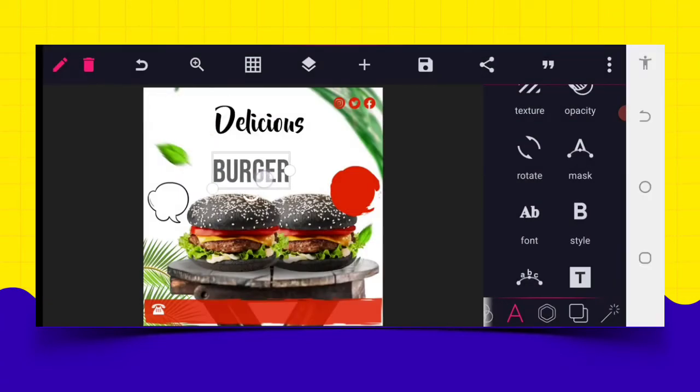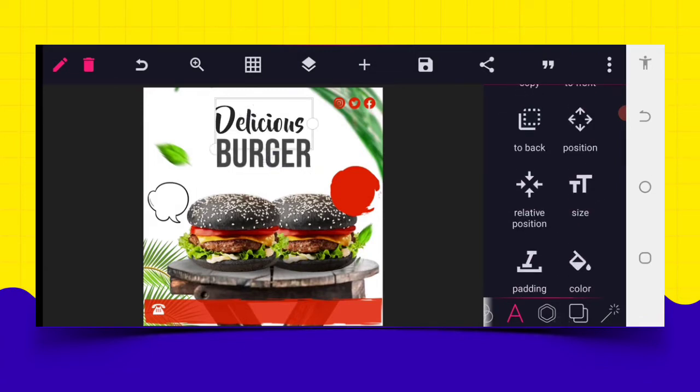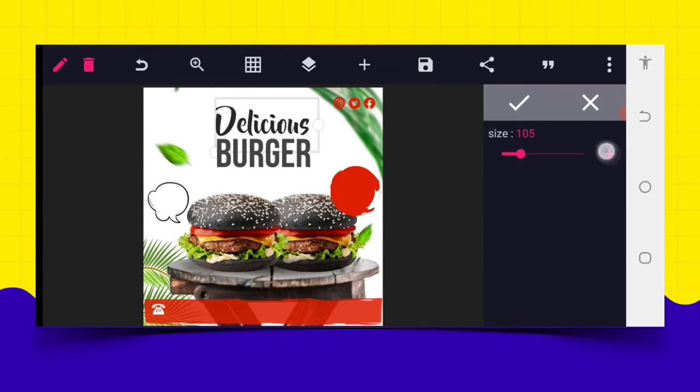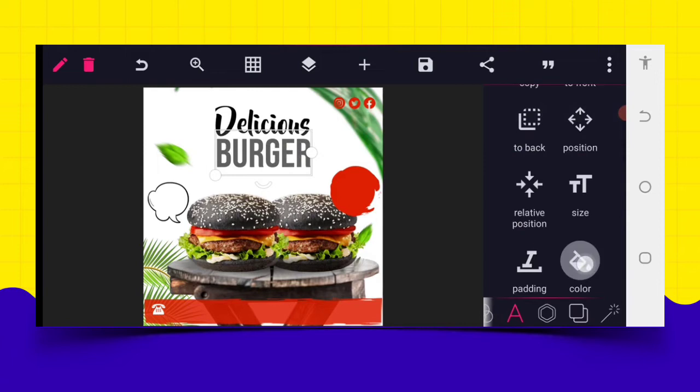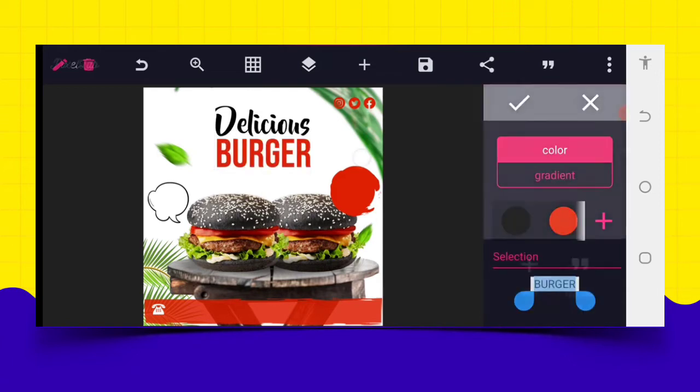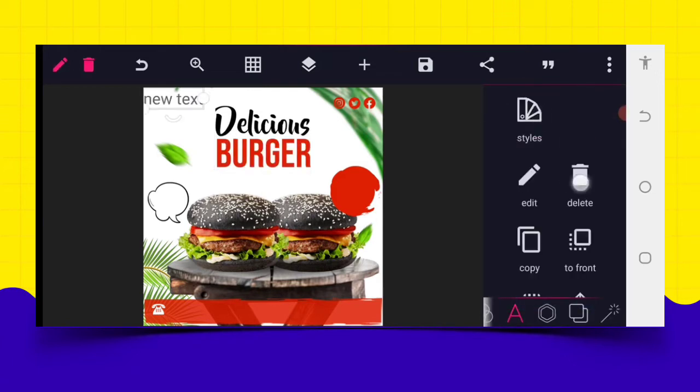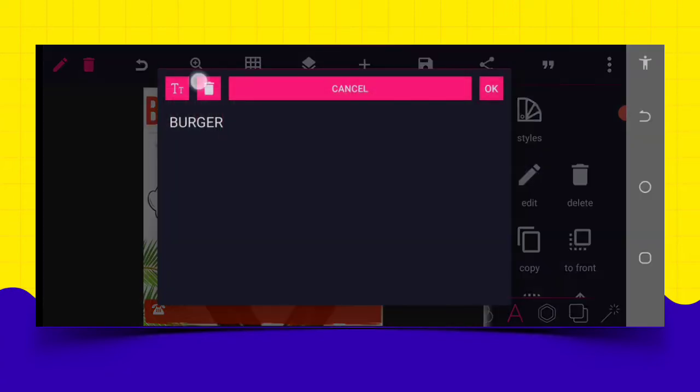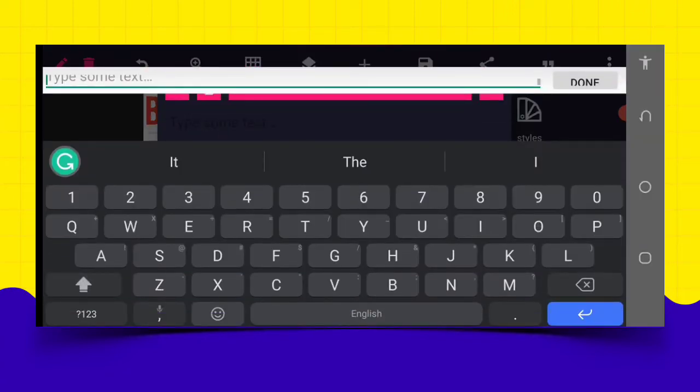So after that, I will increase the size, but I will maintain the alignment. It must start from here and end from here. If possible, this can be increased a little bit to make it okay. So after positioning it that way, I'm going to change the color to this, give a color red. Then I'm going to delete this, copy this, then go to the text area where I type